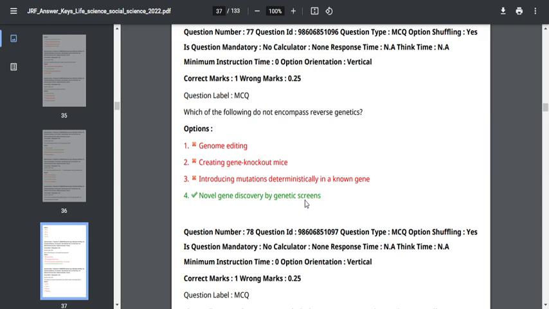What does reverse genetics mean? In this reverse genetic process, they induce a mutation in a particular model or in any organism, and they study the role of a particular gene in disease. If you check genome editing, creating a gene knockout mice, introducing mutation, all are methods of this reverse genetic process. Whereas novel gene discovery by genetic screen is not a reverse genetic process,